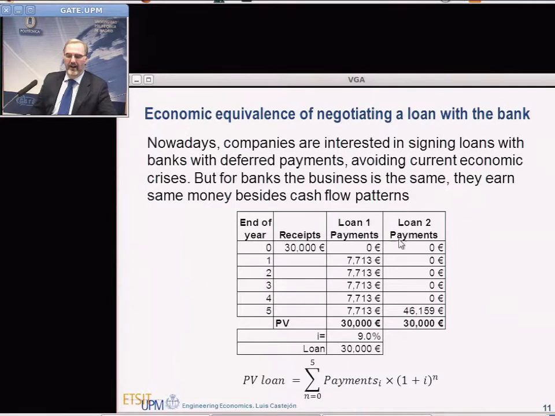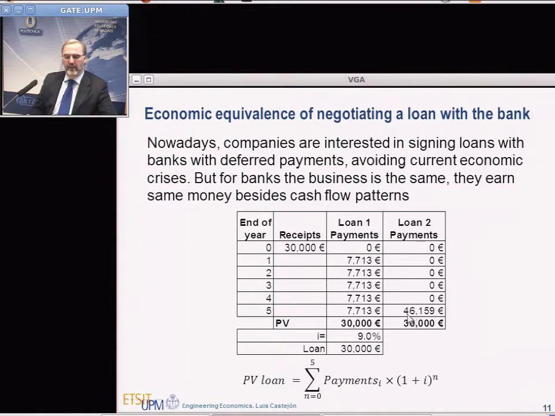Alternatively, you have arranged a different rate with your bank, a rate where you defer the annual payment, and you say, okay, I will pay you 5 years from now 40. The bank has said to you 46,159 euros. So if you calculate the present value at 9% in 5 years from now, and you calculate for